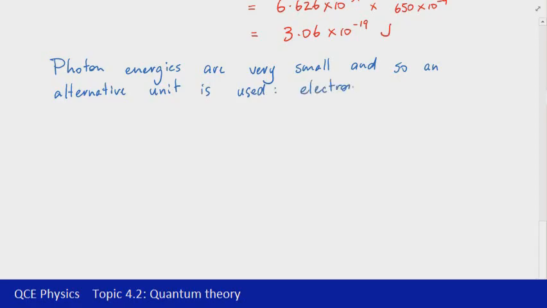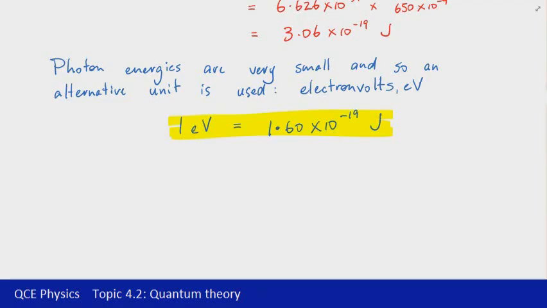The definition of an electron volt is that it is the energy required to move an electron through a potential difference of 1 volt. Note here it's about energy, it's not a voltage, so even though it's got the term volt in it, don't be confused by that. An electron volt is a unit of energy. And hopefully you can find in the data booklet that 1 electron volt is equal to 1.60 × 10^-19 joules. As I said, that is in the data booklet, so I'll just highlight that.